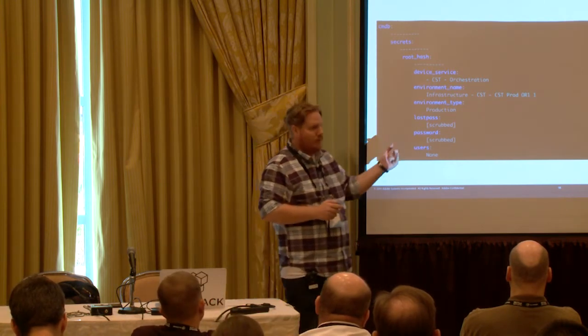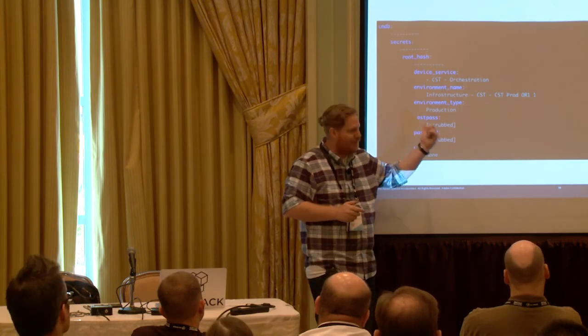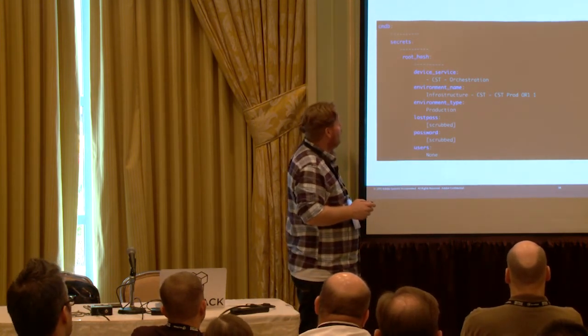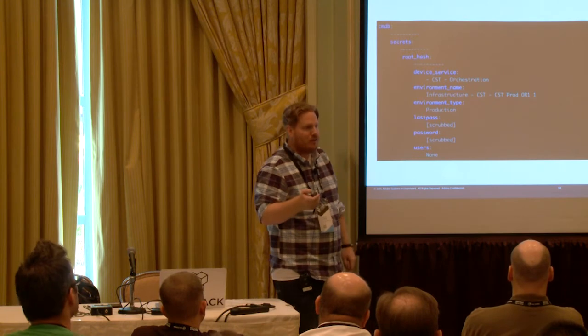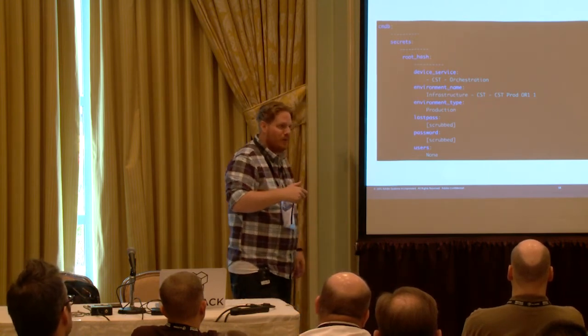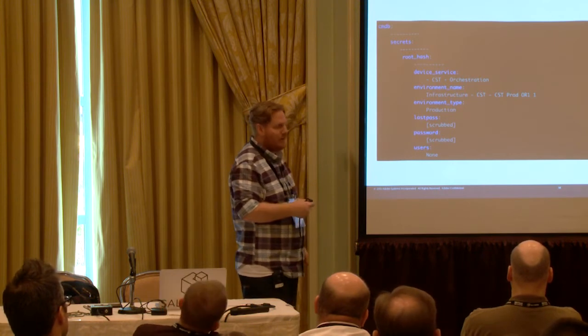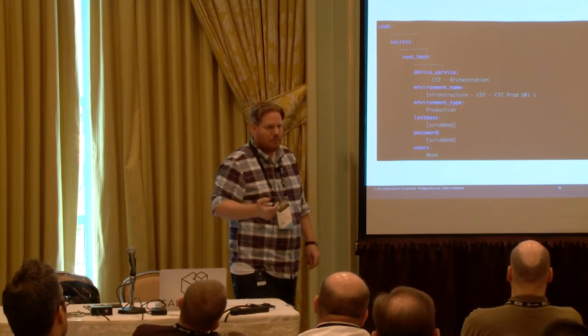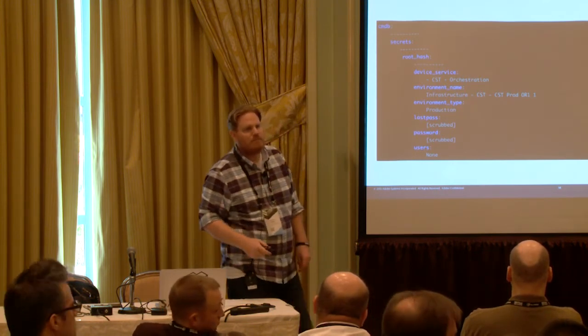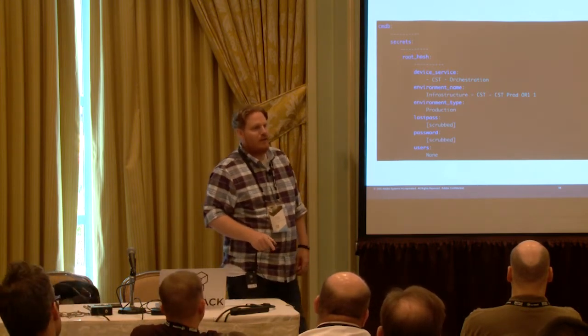So I'm not going to tell you what the passwords are, of course, but we also maintain all of our secret store management through our CMDB and pull that same data out using the same external pillar module. Yes? So the actual secret data is stored in CMDB? The secret data is stored encrypted in Git pillar,